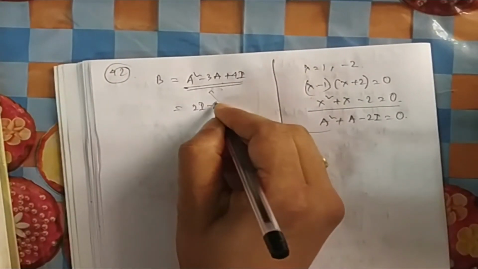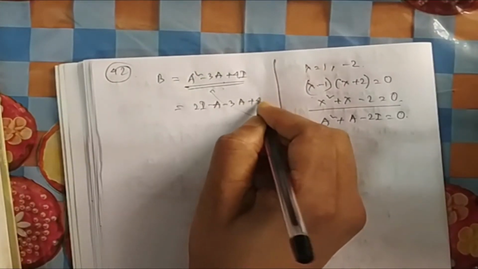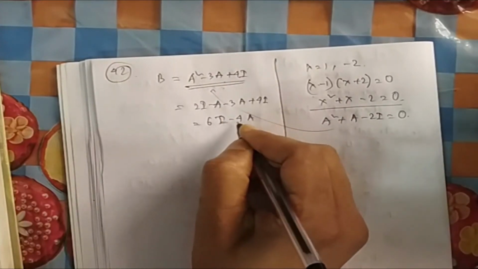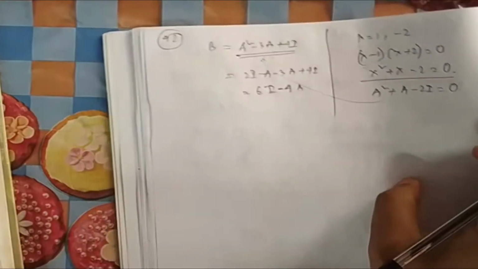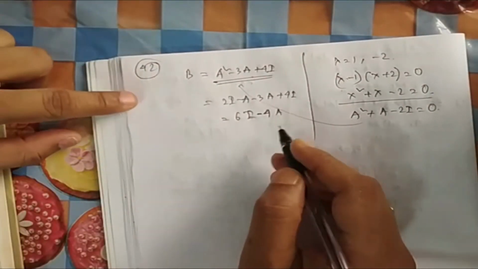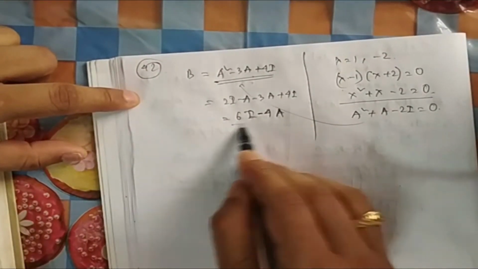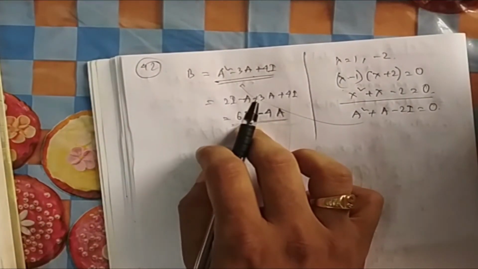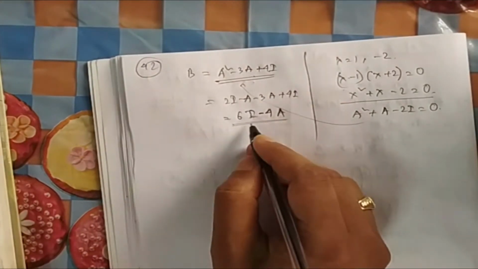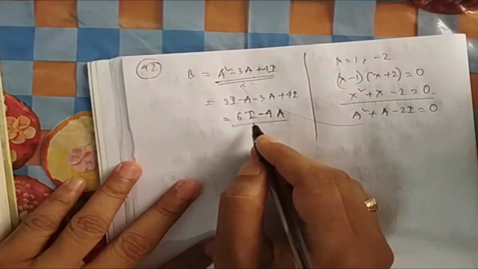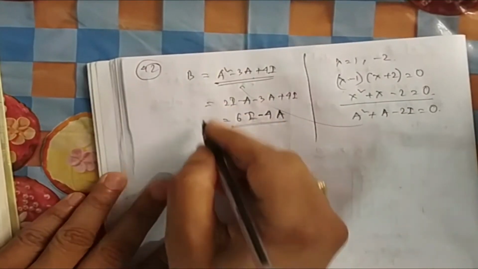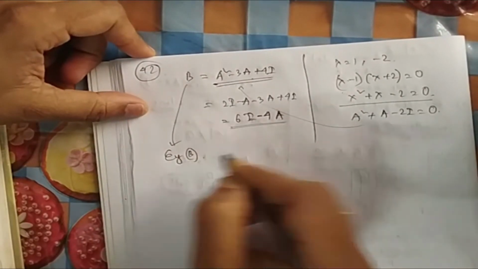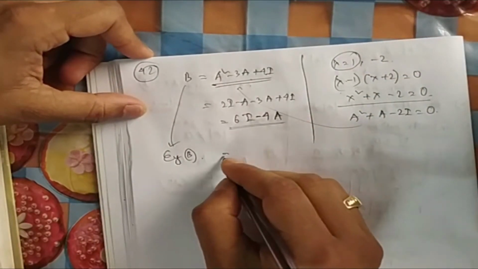If you put it, you will find the answer: 6I minus 4A. Now you can find a peculiar property, a good property of eigenvalues. Here only A is involved and A is multiplied by a scalar, then it is deducted from 6 into the identity matrix. For the identity matrix you also know the eigenvalue, it is always 1. So to find the eigenvalues of B, you just replace the eigenvalues. The first eigenvalue of A was 1, so you just put 1 here.